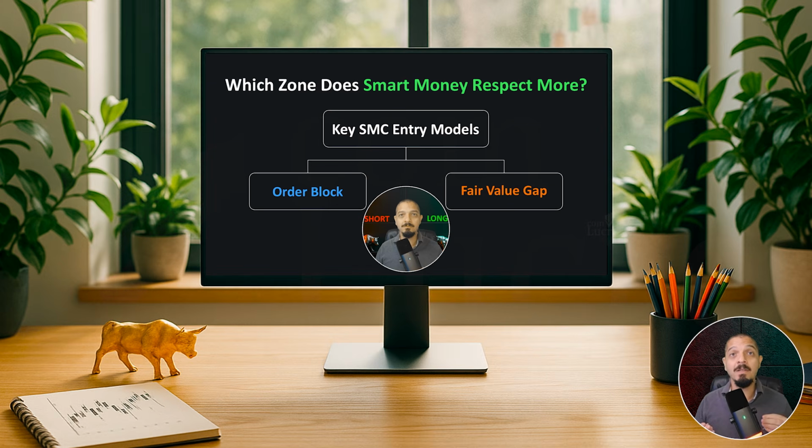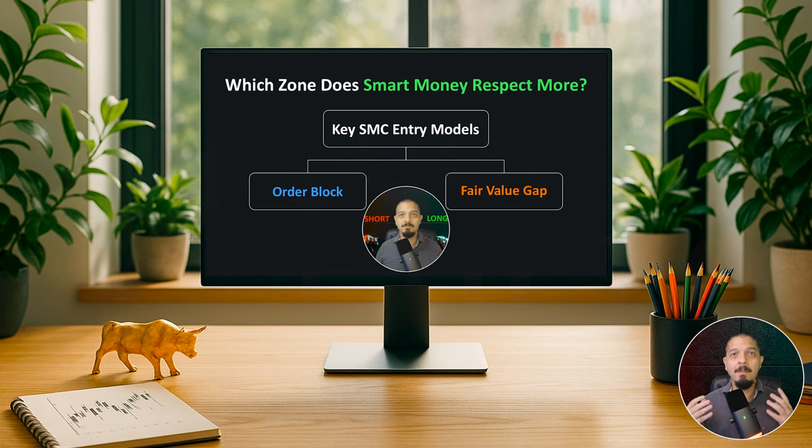Structure and concepts like change of character provide the framework, but execution always depends on interacting with price at the right locations. Simply marking levels on a chart is not enough. The real challenge is knowing which zones are likely to be respected and which ones will be ignored. That is why fair value gaps and order blocks must always be evaluated through the lens of direction, structure, and